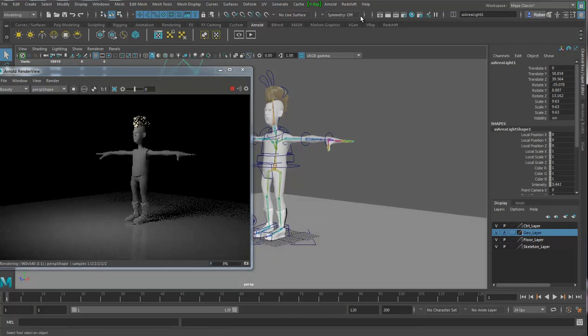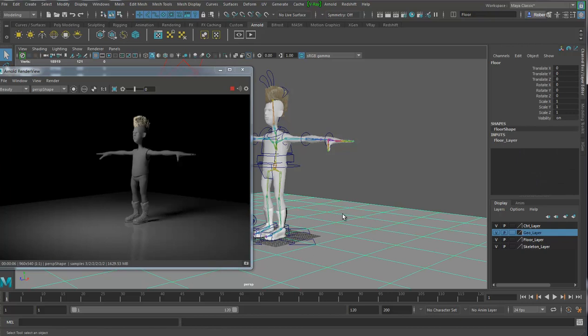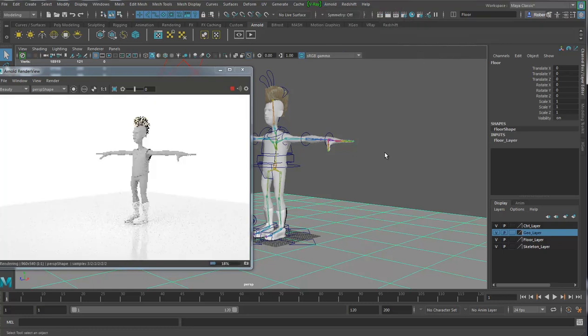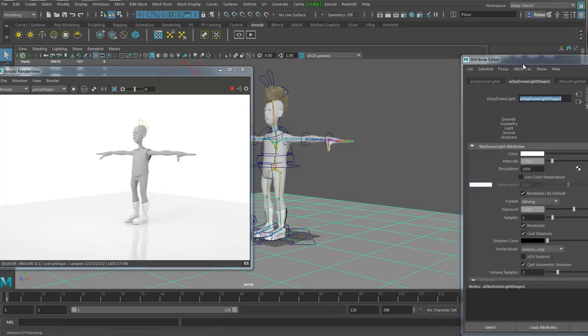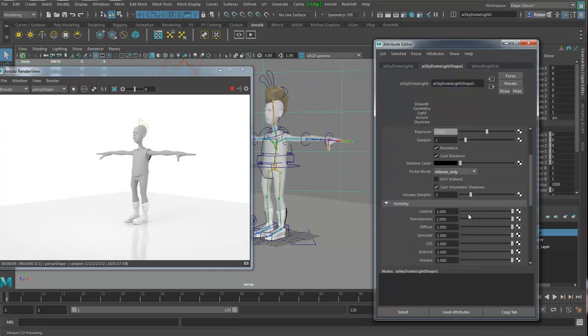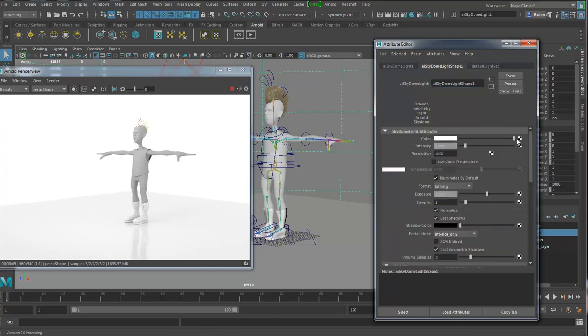So now I want to get my background in. With my background in Arnold, I go in here to lights, and I'm going to put in a sky dome light. Let's get my attribute editor up. For the sky dome light, what I can do is right here in the color,